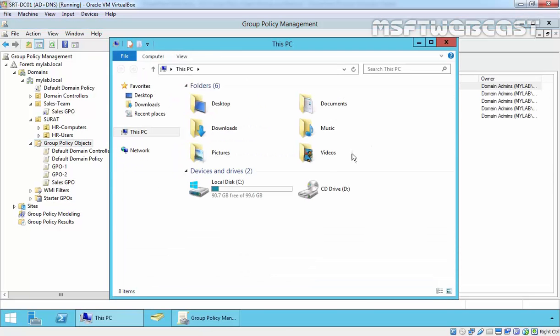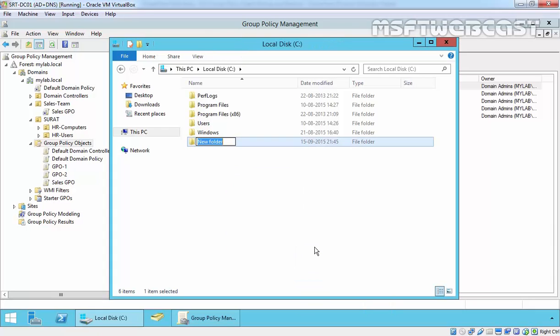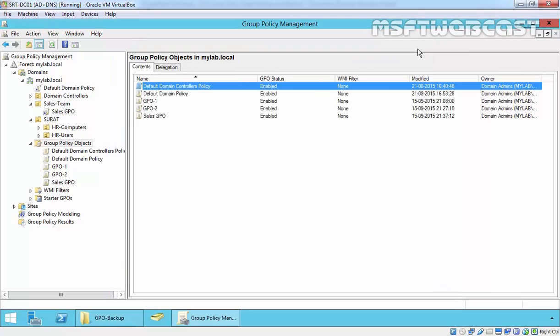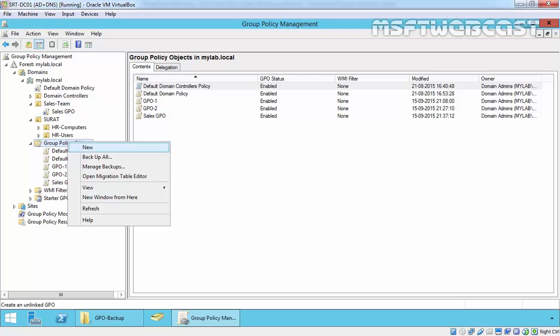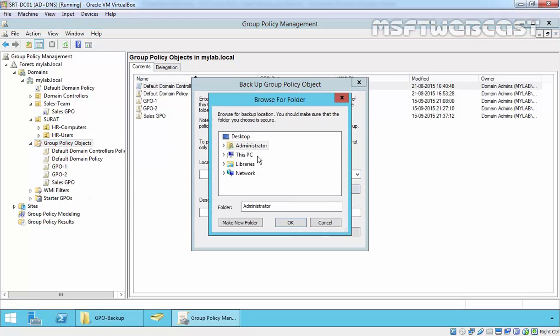Now I'm going to create a folder on the C drive. I just create it and give it the name GPO backup. So we have a folder, and currently inside we do not have anything. Just right click on Group Policy Objects, select Backup All and specify the location: This PC, C drive and GPO backup.